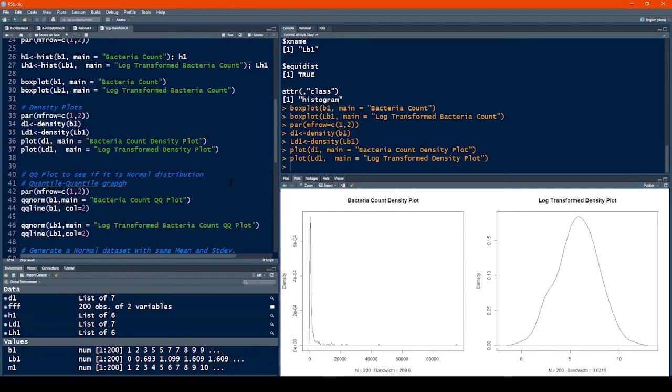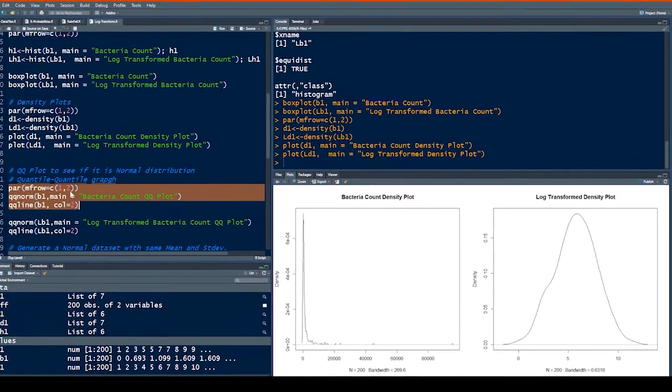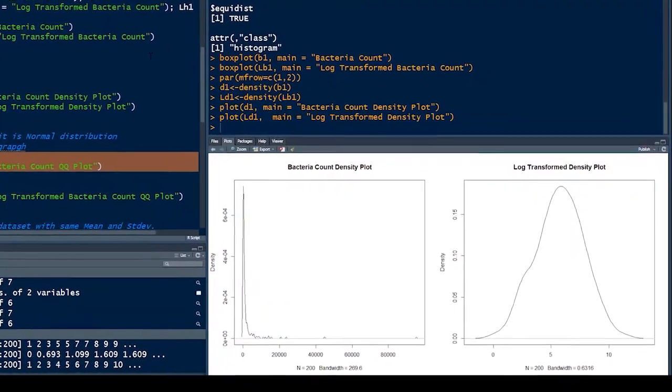Okay, we're going to check that out in any minute anyway. But because normal distribution is so popular, we have qqnorm by itself, which means I do not have to worry about generating a set and comparing it. So now let's look at again our original set, B1, the bacteria count.